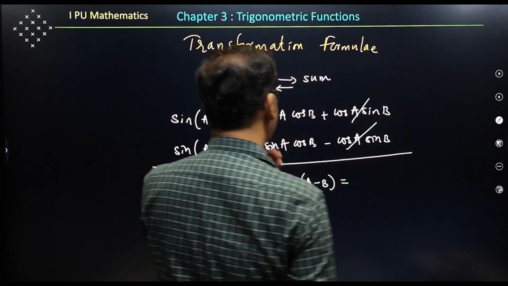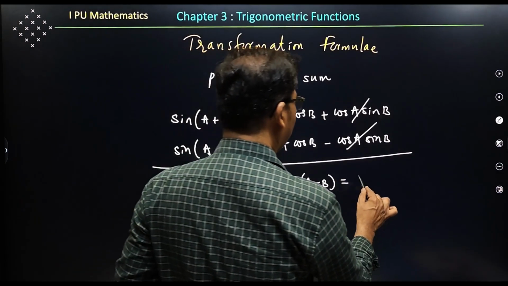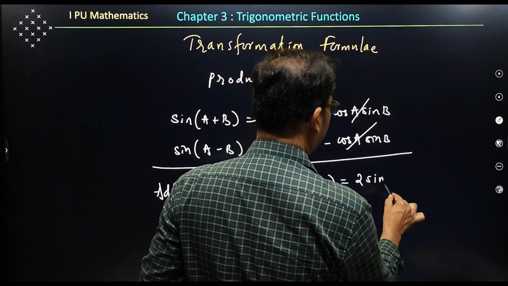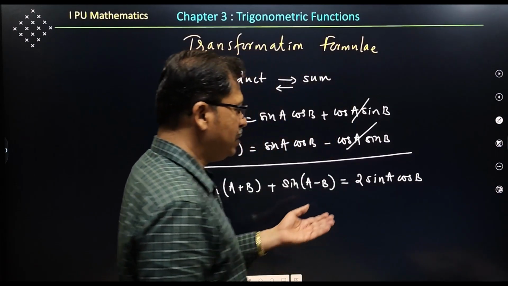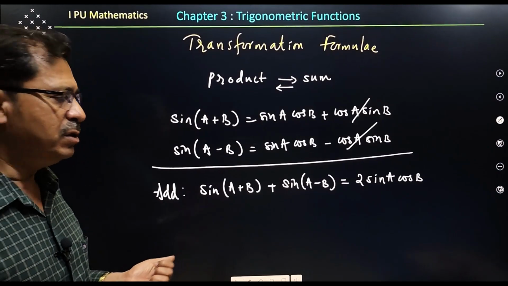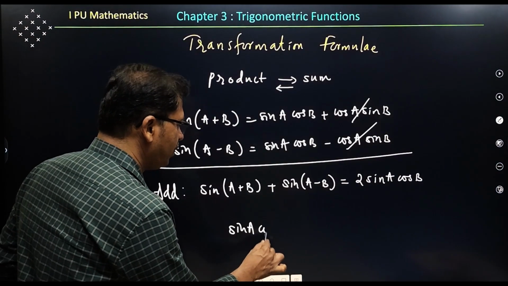These two entirely cancel. What remains? Sin a cos b two times. So 2 into sin a cos b you are getting. If you shift 2 to this side, it becomes sin a cos b equal to